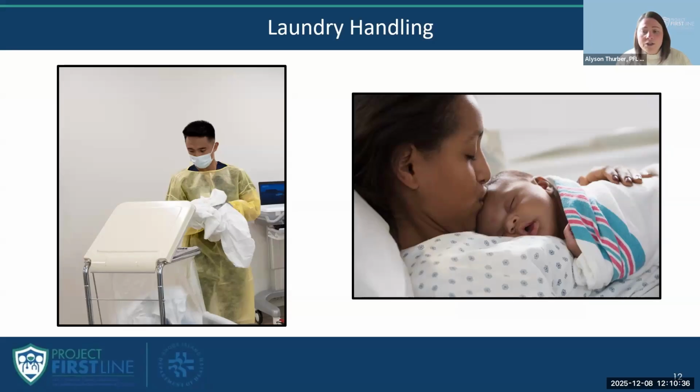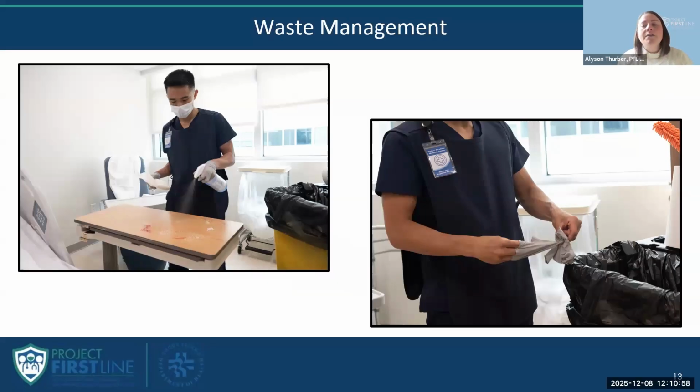Contaminated fabrics should be bagged or contained as soon as possible. Also, it is important to be sure that clean linens are stored, packaged, and transported in a way that maintains their cleanliness. And then the last aspect of standard precautions is waste management. Waste should be disposed of properly, and if there is waste that is saturated in blood or body fluid, be sure that those items make it to the medical waste bag and do not end up in the traditional trash.